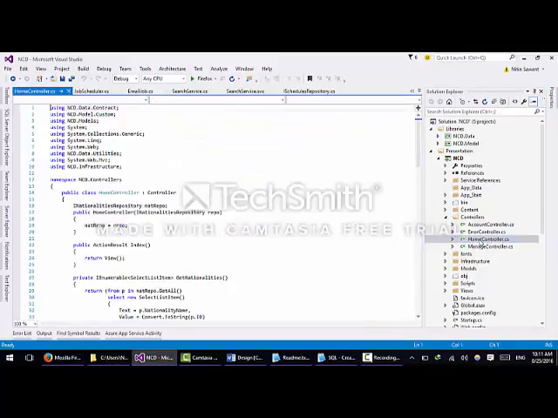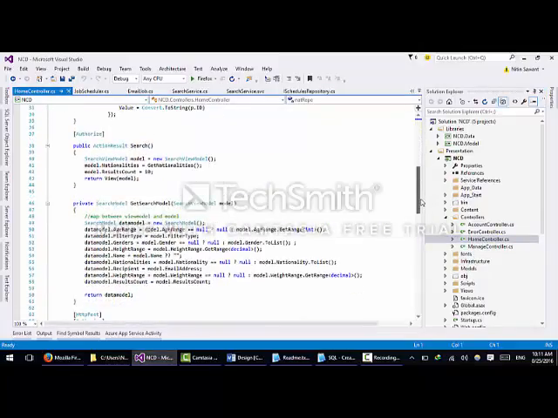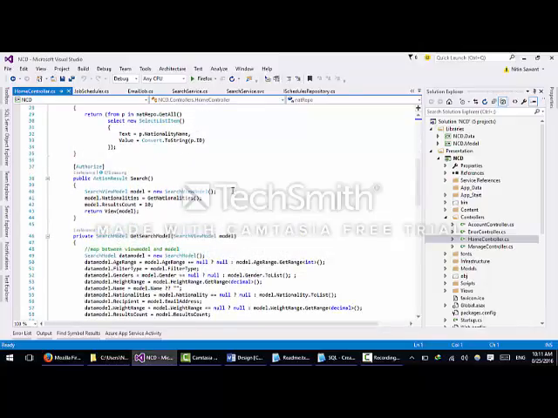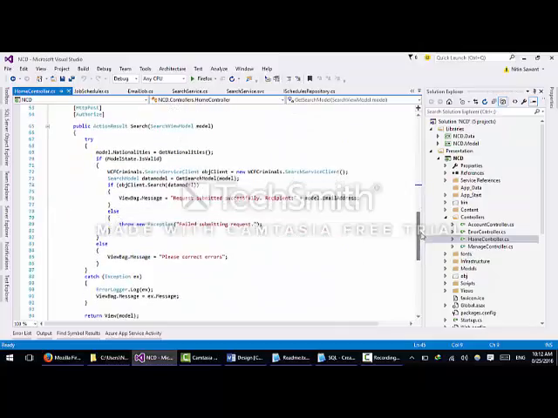We have the home controller, and we have an action method called search, which retrieves the nationalities, and the initial result count is set as 10. Then it displays the web page, and when the user submits the data,